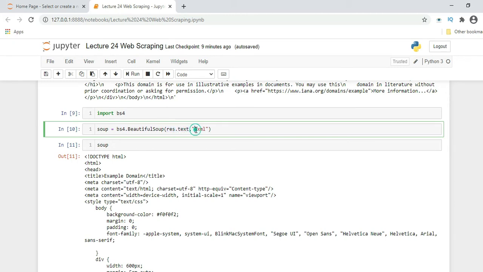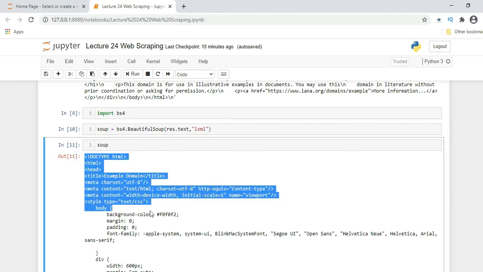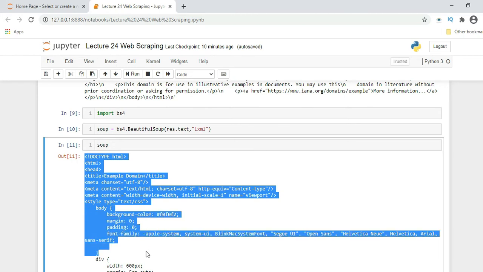Now we want to get it in a normal HTML format, so in double quotes we define our parser type, lxml. It will automatically run this Beautiful Soup function and store it into this soup variable. When we check the variable and see the document, it is coming in an HTML format, like head, title, metadata, style.